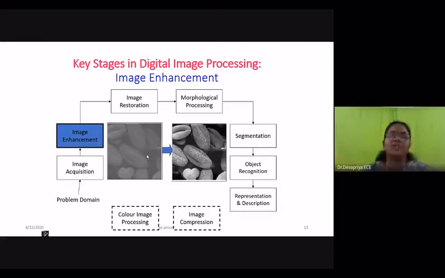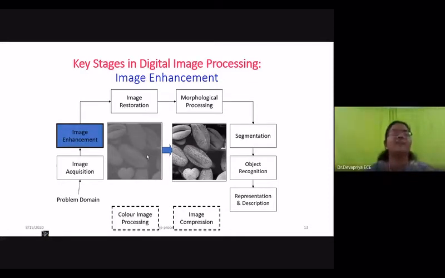So when you subtract 255 from 0, you will get 255. So the actual input is 0. So 255 minus 0 will result in 255. So you're converting the 0, that is the black region, into the white region.